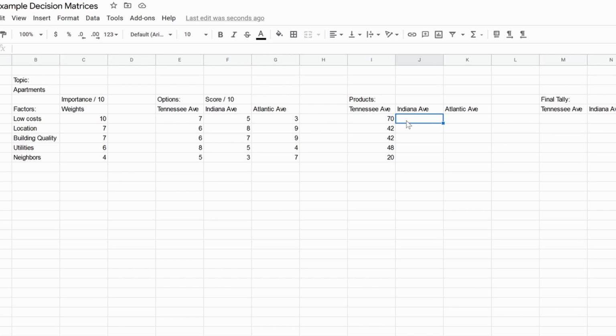Then we'll want to do the same thing for the next option, and that will be the same procedure as before. And then if you're using Google Sheets, you might get this autofill to come up, which will also speed things up a little. And for our last option,